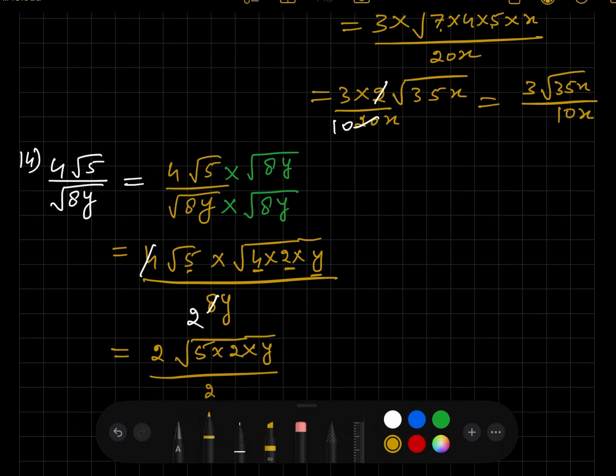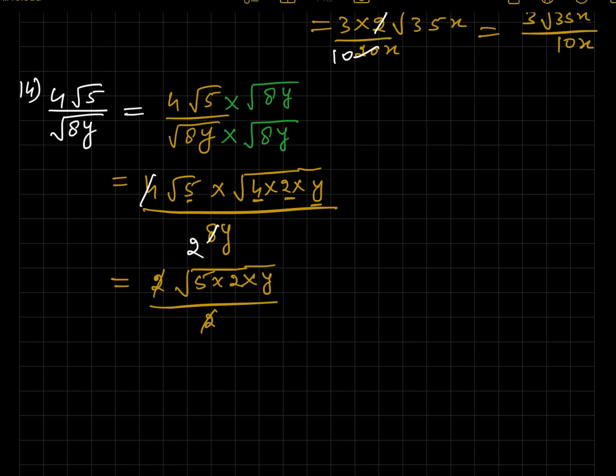So I can cancel this 2, goes out. Yeah, so we are left with what? Square root of 10y. This is our answer. Let us check it. Yep. Okay,